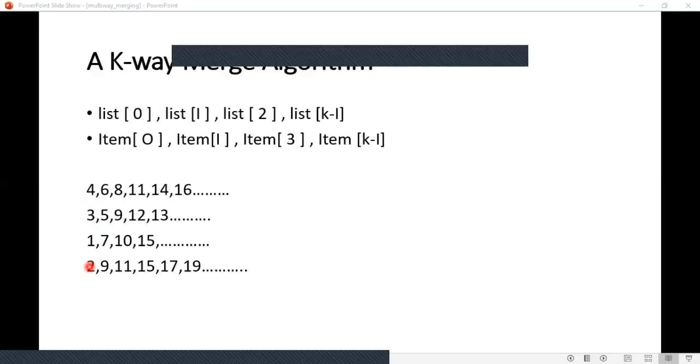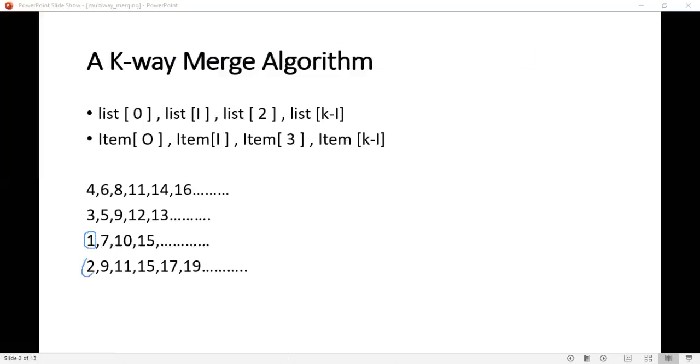Again, follow the same thing. You find the minimum item. What is the minimum item there? 2. Next, this 2 you have to compare with the 4, 3, 7, and 2. There is a match. Now, proceed in this particular list. See, this we processed first. Next we processed this one, isn't it? Okay, now you have moved in this list.